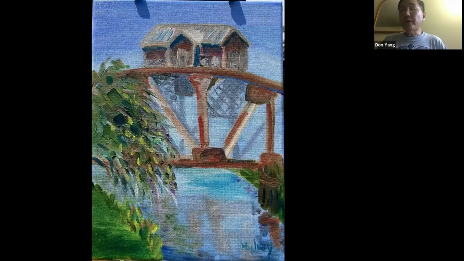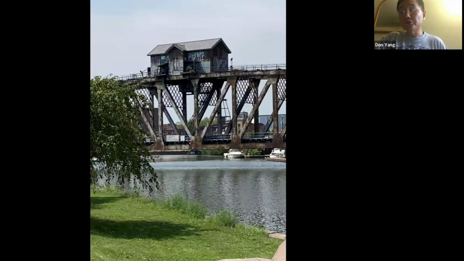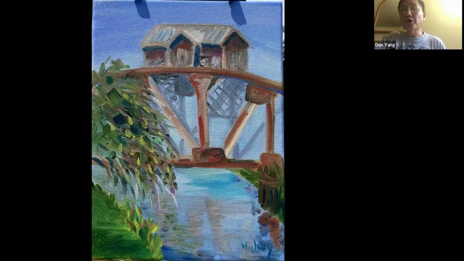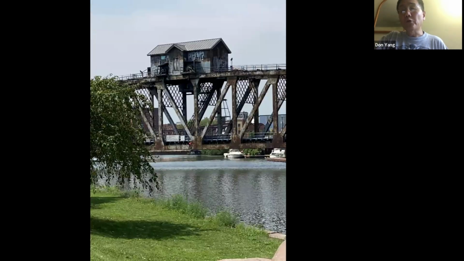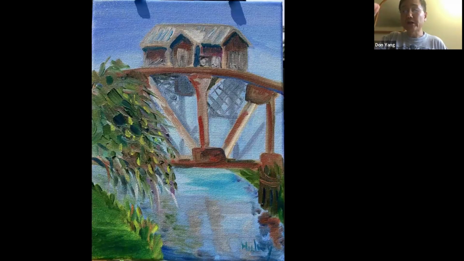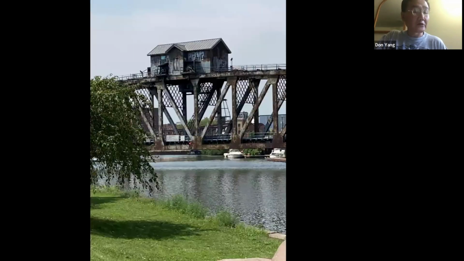And another thing is the perspective. Now this is the scene that she was looking at. She was looking from a slightly angled view, which means the bridge house should not be so parallel between the top and bottom. It should have some sense of converging lines, as you can see. It's not too severe, but the only time one can see the bridge house in that frontal view is if somebody is facing it straight on. So just a little bit of the perspective, basically the drawing aspect of that.